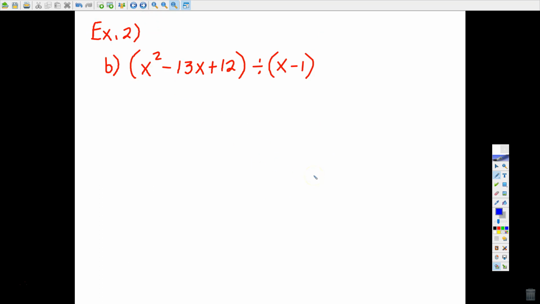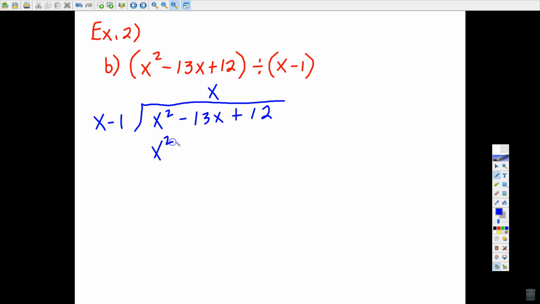Okay, let's do another one of those. This time I'm dividing x minus 1 into the trinomial x squared minus 13x plus 12. And so again, it's first term divided into first term. x divided into x squared goes x times, and I'm just going to write my result over matching like terms. Okay, now I'm going to multiply x times x, x squared, x times negative 1, negative x,